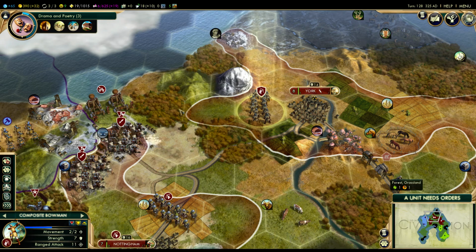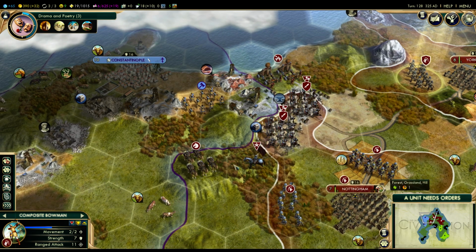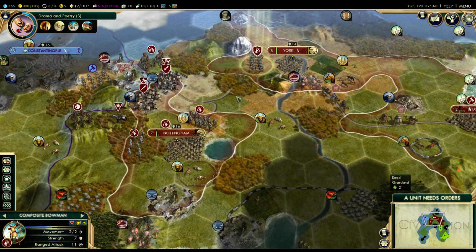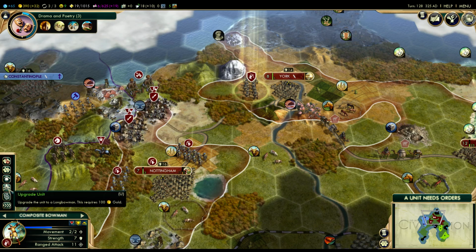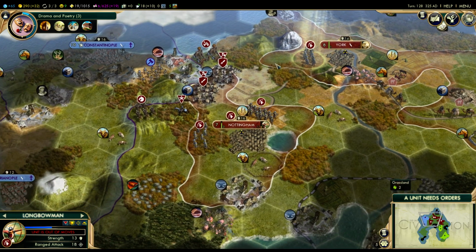So you don't want to overdo it on siege weapons just because they are a little bit weaker at winning the land war. On the other hand, if you've got a good defensive position, then they're still ranged units. They can still deal some damage, but they can really, really do a lot of damage quickly to the city. Anyway, so we'll go ahead and update this composite bowman to a longbowman,